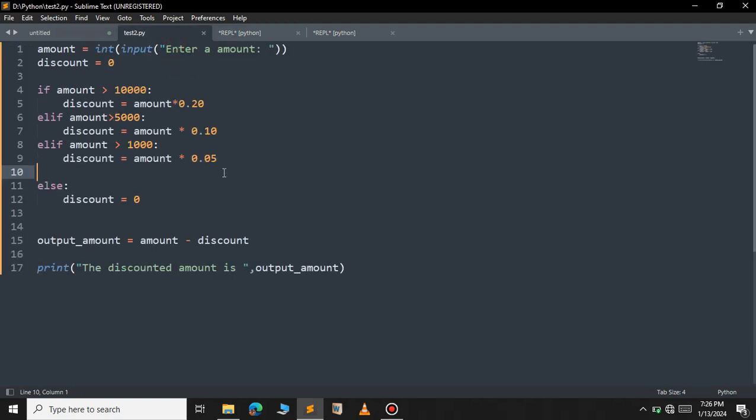So let me explain the program again. First, we will get the amount from the user and we initialize the discount to 0. We first check if the amount is greater than 10,000 or not. If it is, then we will calculate the 20% discount of the original amount. If this condition fails, then we will check for another condition to be true, that is amount greater than 5,000 or not. If the amount is greater than 5,000, we will calculate the discount of 10% of that original